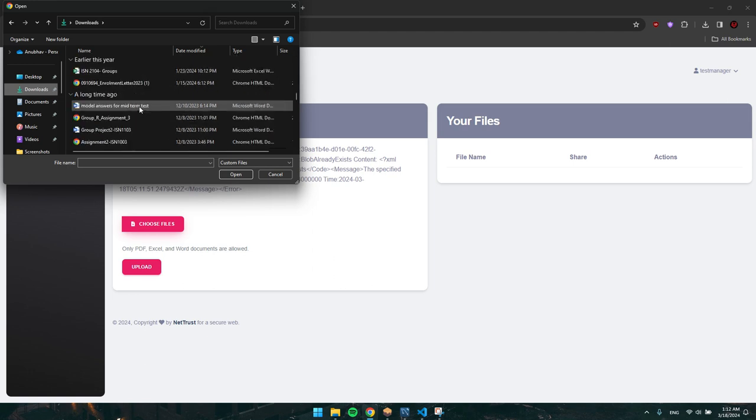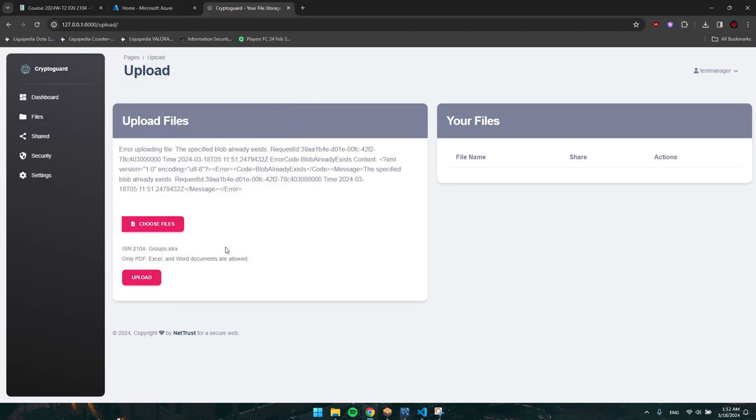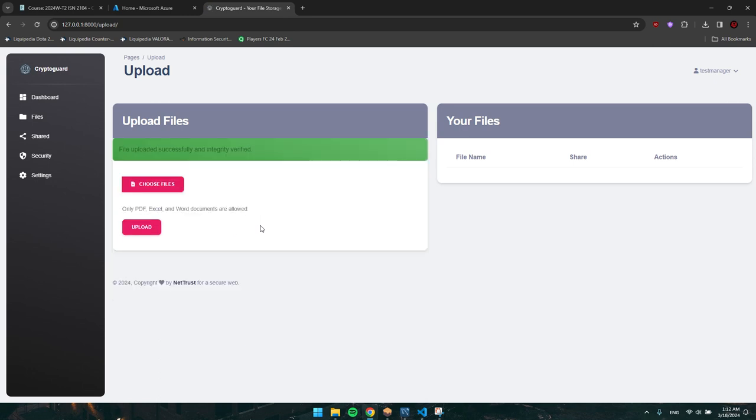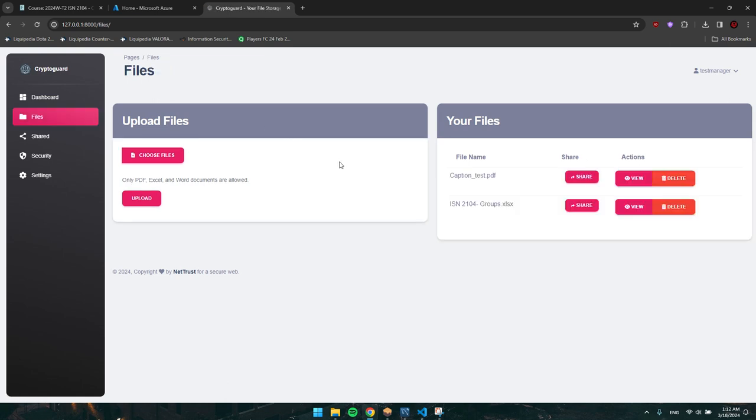Now let's try and upload a new file, this 21 groups file. Let's upload it. Since it's a new file and no previous file has been uploaded, we can see that the file has been uploaded successfully and the integrity has been verified. So how we are using our blockchain for this is that while uploading the file, before the file has been